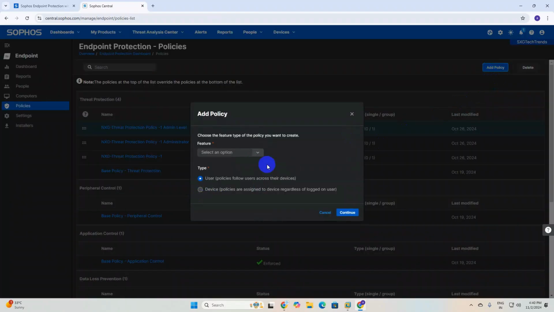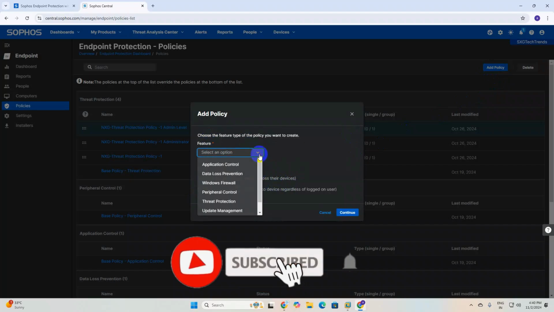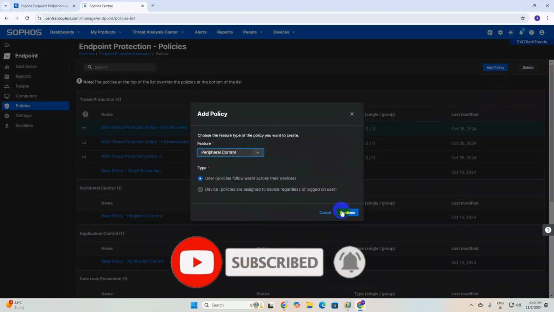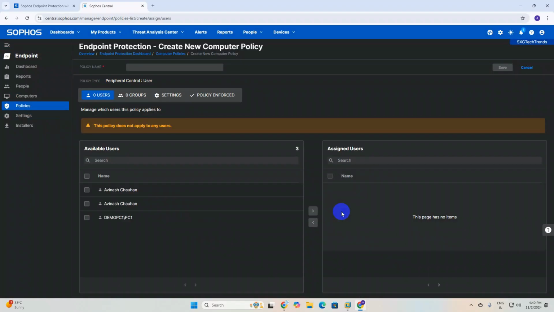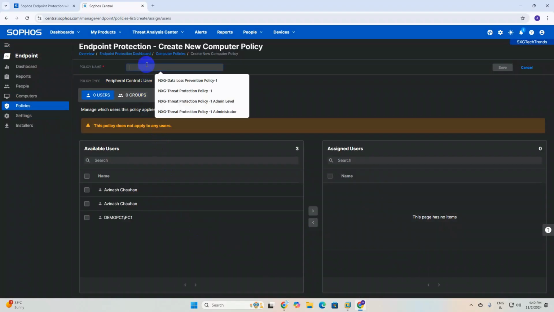Once you click on add policy, this page will appear, and here user policy follows the user across their devices. You click on user policy, and you can select peripheral control policy, then click on next. Once you click on next, you need to give a name to the policy.